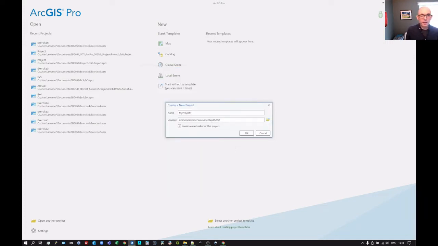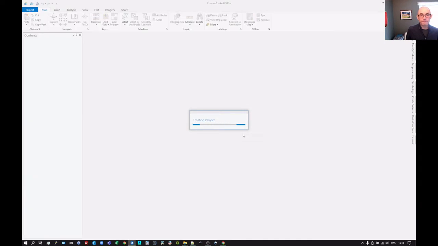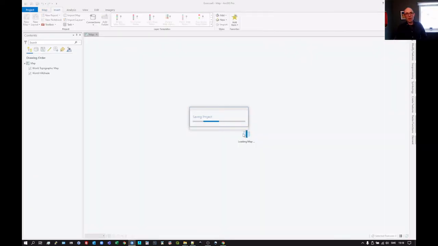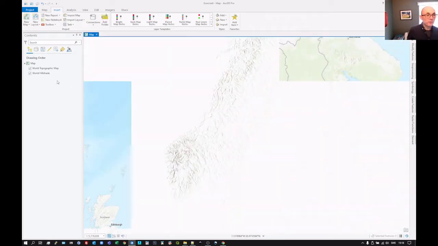So I go to here, so I'm saving it in the right location. This should be H colon for you. You want your name, and then documents. If you've hopefully created a documents folder, the course name there. And then we need to call this exercise 6. No spaces or anything like that, just nice and simple. Exercise 6, create a new folder for this project. Yes. Click on OK, and we should have a new project folder created with all the project files associated with